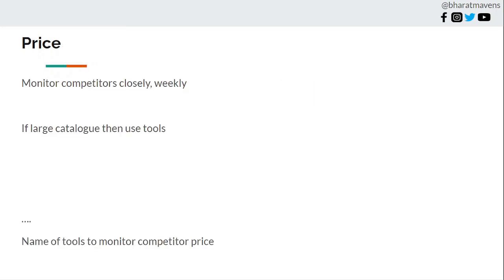Then price. This is the most important thing you will be optimizing for. This is the main difference between a Facebook and a Google ad. In a Facebook ad you just see one standalone ad of your brand. But in Google ads, specifically shopping, you are seeing 10 plus other ads from competitors, and the main factor, at least for India, is the price. Price will determine how many people click on the ad. Though there are people who click based on value and other things,